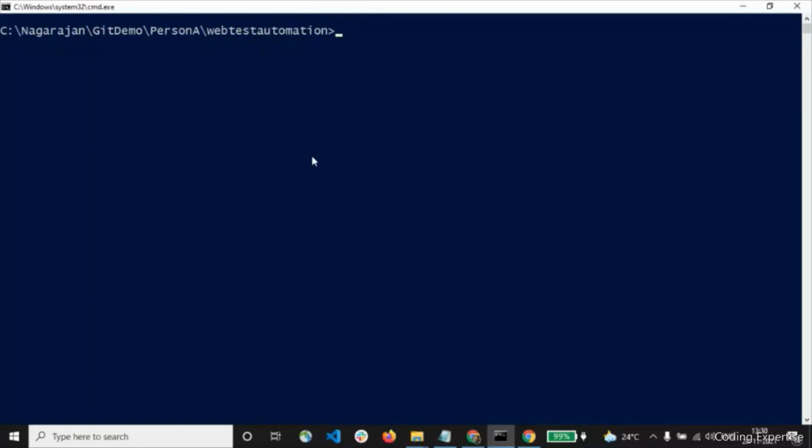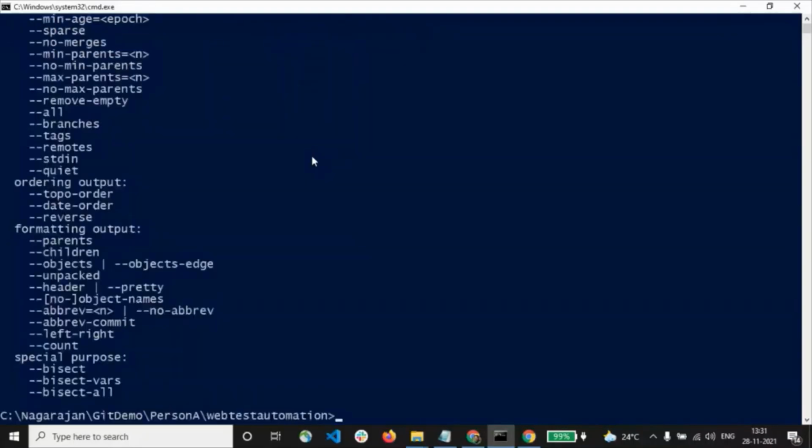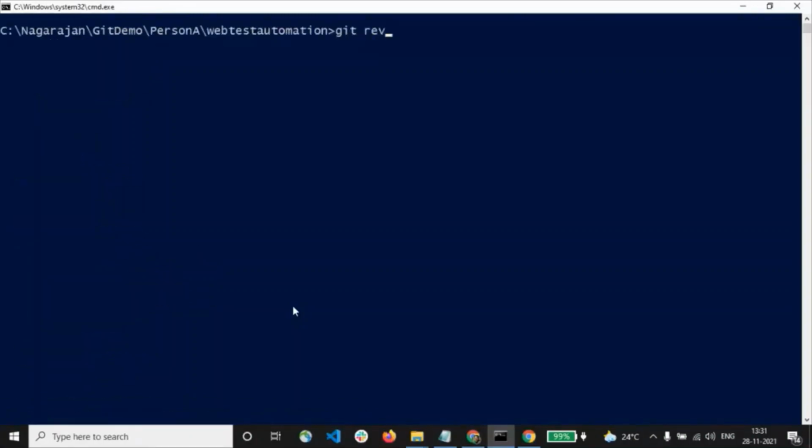Let's learn one more command, git rev-list. Okay, this command helps to get the total number of commits on the repository. When I put this command directly, I'll be getting an error. So we are facing some errors. So it has to have the parameter. Well, let me put the params. Let me create the prompt: rev-list --count and main. This command gives the count of commits that happened on the main branch.